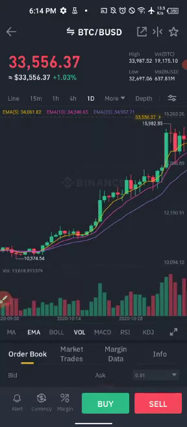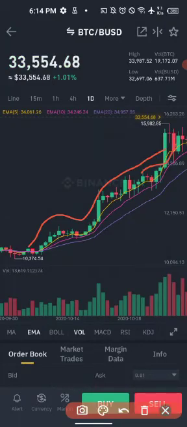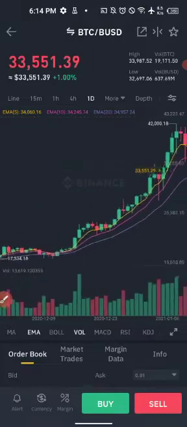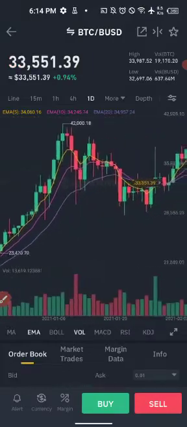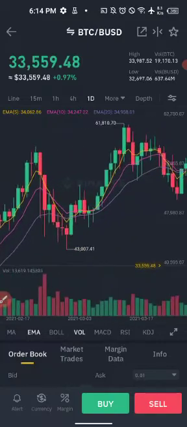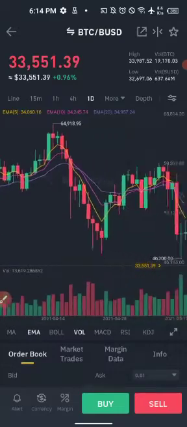Beautiful. Now, this is a perfect example of a bullish market. You can see the prices are just tending upwards. You can see this is a perfect example of a what? A bullish market. So even when it comes down, it keeps on going up. You can see bullish, bullish,